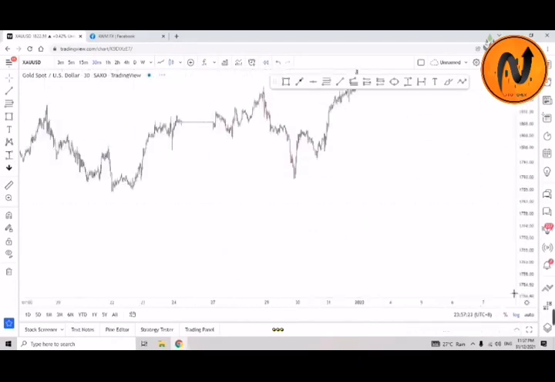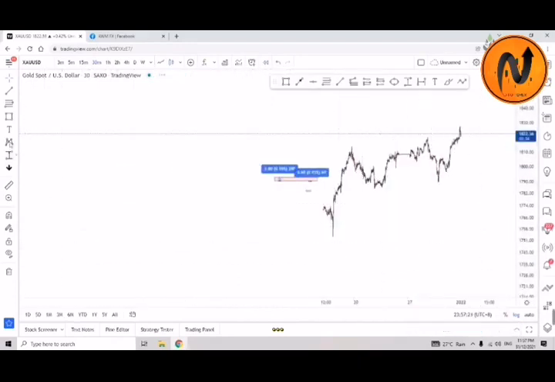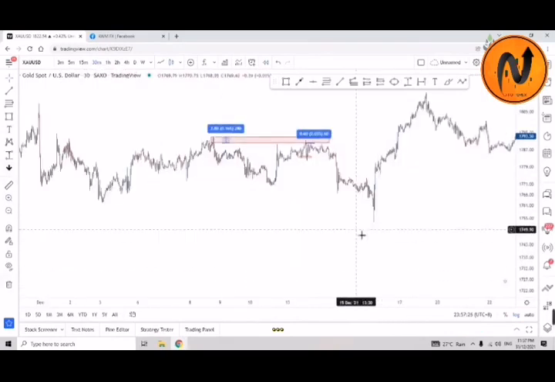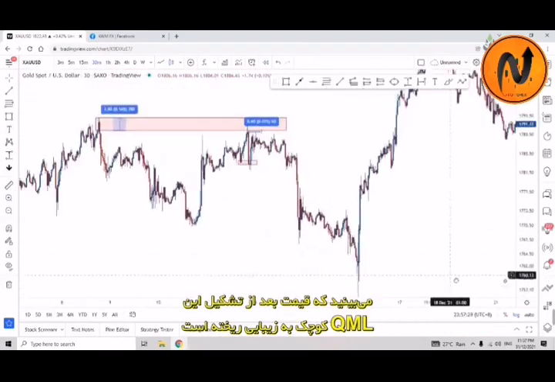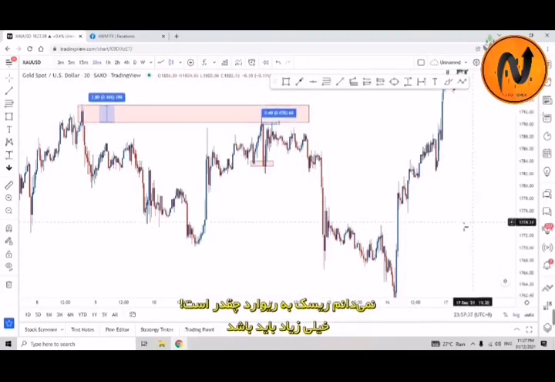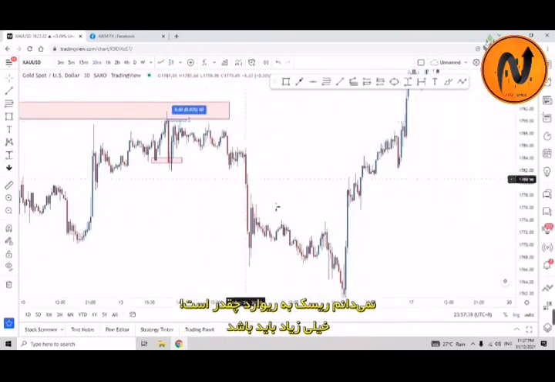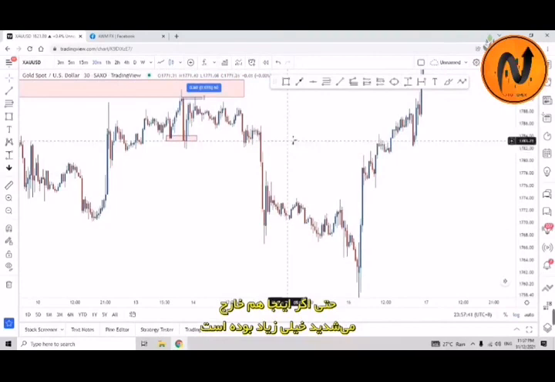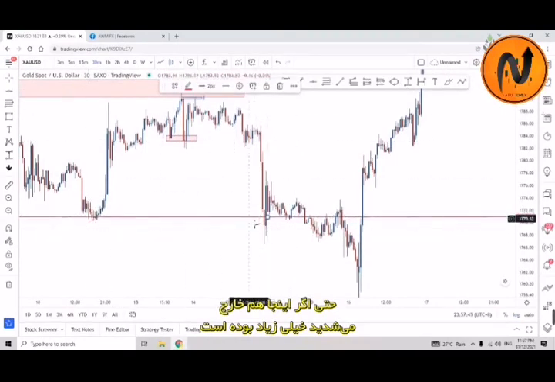Where is the chart? All right, over here. You can see that after the price moved into this small QML, it drops nicely. I don't know exactly what the risk reward ratio is, but it should be a lot. Even if you took your profit over here, I believe it's still a lot.